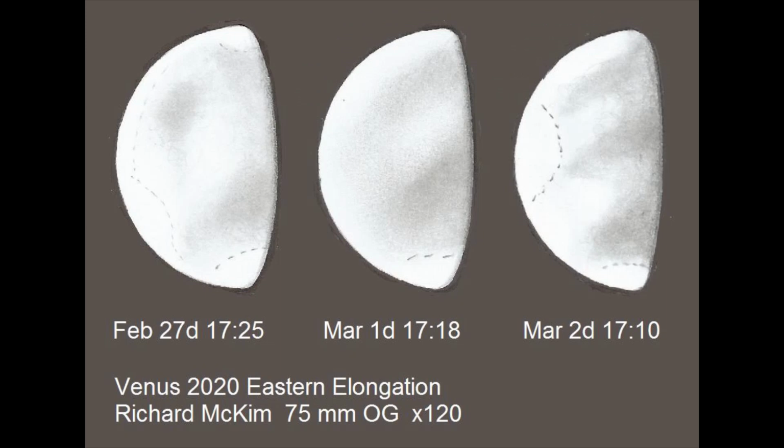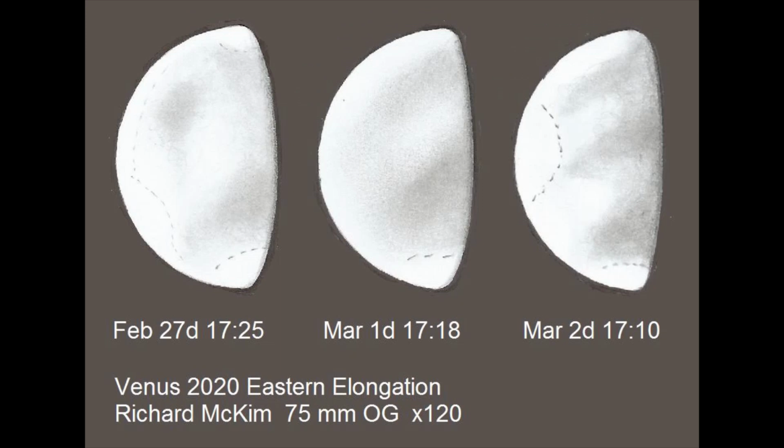One of the things we're interested in is timing the moment where the planet was exactly half phase, dichotomy, and that, according to my observations a few nights ago, was when the terminator was absolutely straight. I'm sure other observers have made that observation. As we go in towards inferior conjunction later in the year, the planet will be quite high on a dark sky. This is a time to look for thermal emission with an infrared filter if you've got a CCD camera, or the ashen light if you're looking visually, and there's plenty about that recently in reports in the journal. But this is a good moment to have a look at Venus and to try and catch these elusive phenomena.